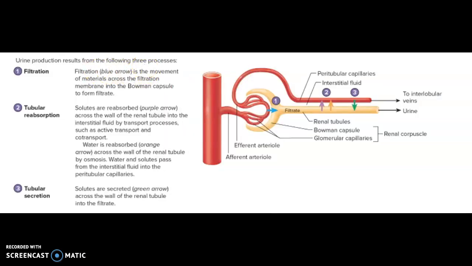Regarding the processes, in order to form the urine, we have three processes: filtration, tubular reabsorption, and tubular secretion. The filtration, of course, here in the glomerulus and the corpuscle, is going to be the movement of material across the membrane. Then we have the reabsorption of mostly everything that is filtered, 99%. And finally, we have the secretion of waste and